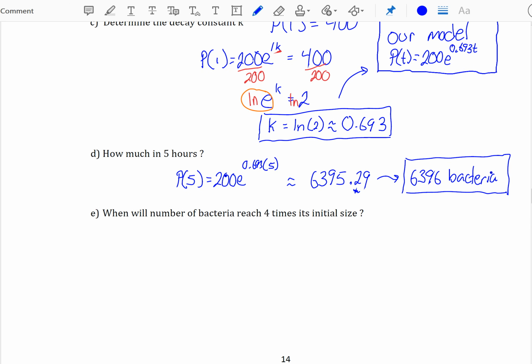Okay. Last part of our question. When will the number of bacteria reach 4 times its initial size? Notice here that 4 times its initial size, we started with 200, so we're asking when will the bacteria reach a size of 800? So here we're being asked to find the value of time